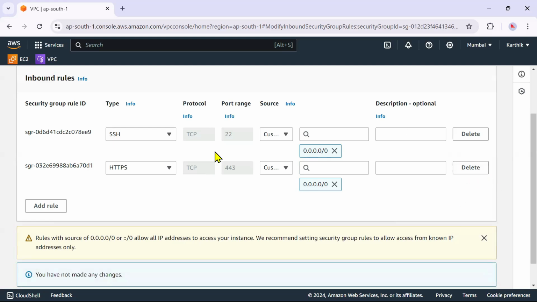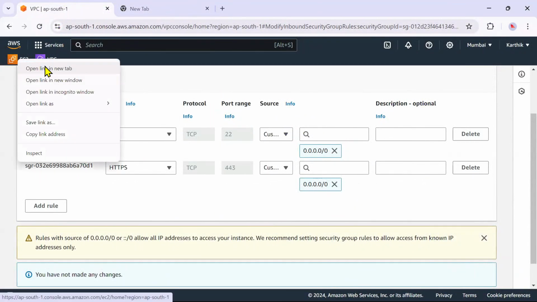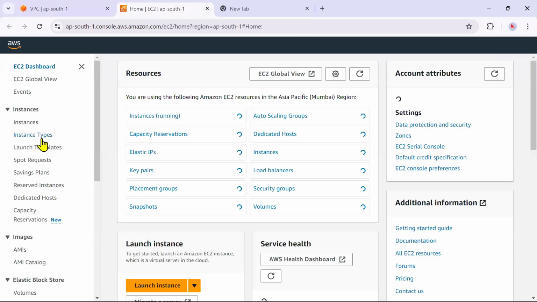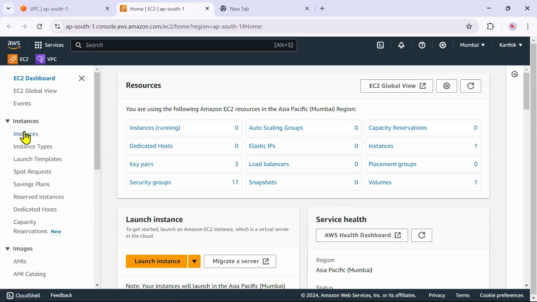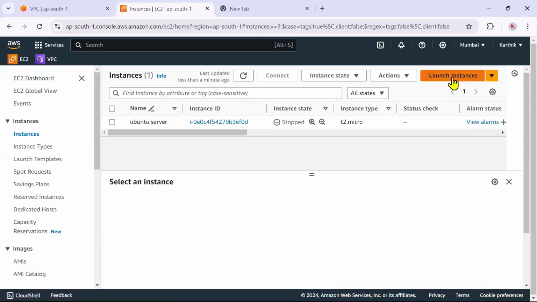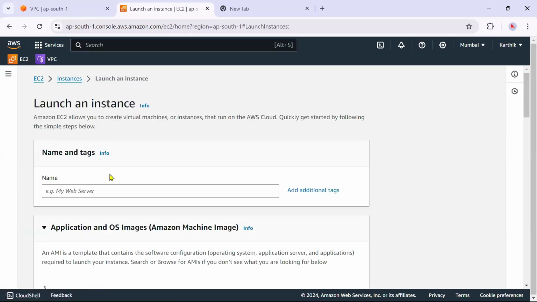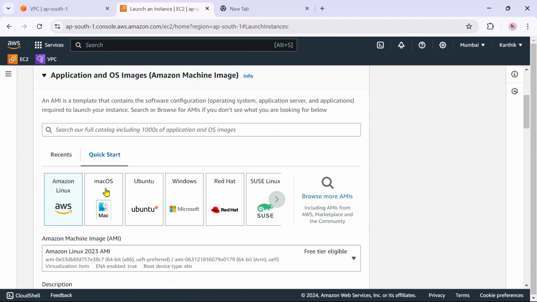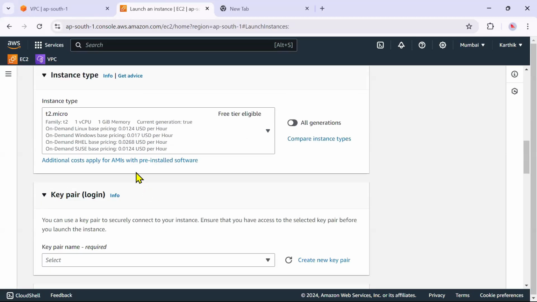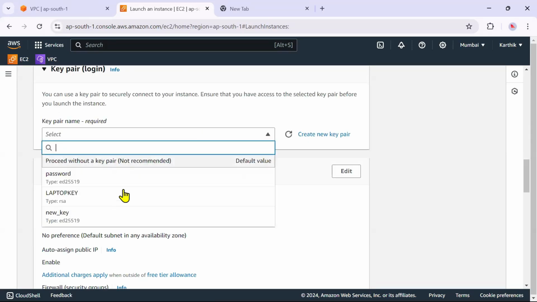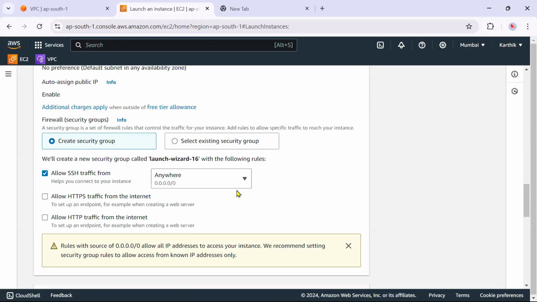Now, let us create an EC2 instance out of my security group. Select EC2 instances, launch an instance. I'll name it server or something like that. Select the Ubuntu machine, and the key pair, something like laptop key.